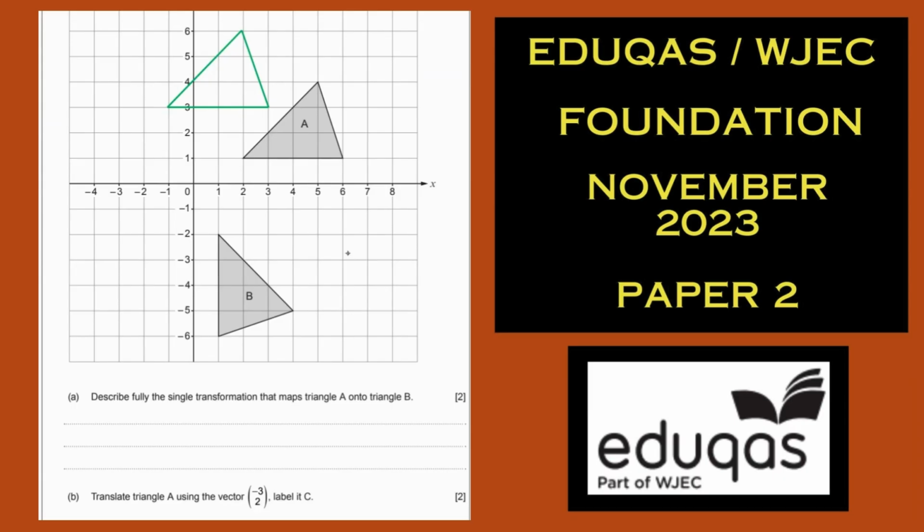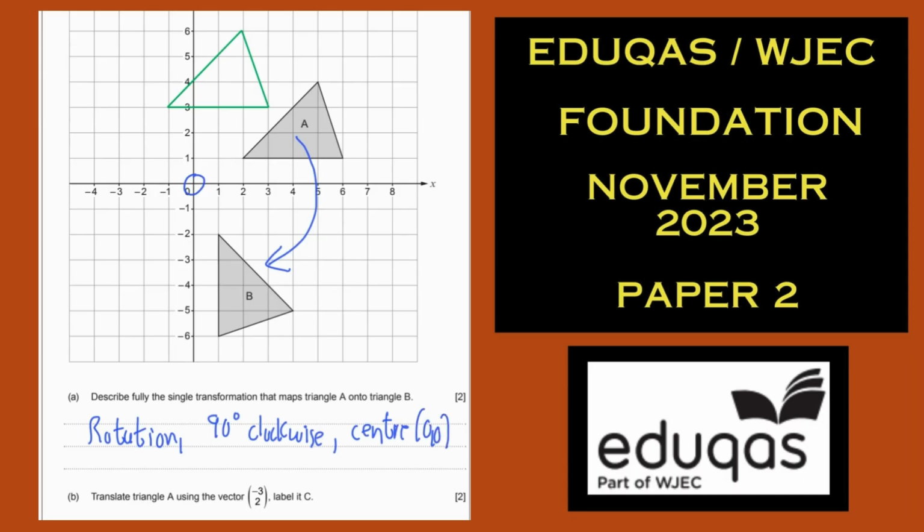Describe fully the single transformation. We're going from A to B. It's turned round. You must state the obvious, that it's a rotation. It's going for me a quarter of a turn, but you can't say quarter turn. You've got to use proper maths. 90 degrees clockwise. Now you could go 270 anti-clockwise as well. Mark scheme allows both, but you must also state the centre